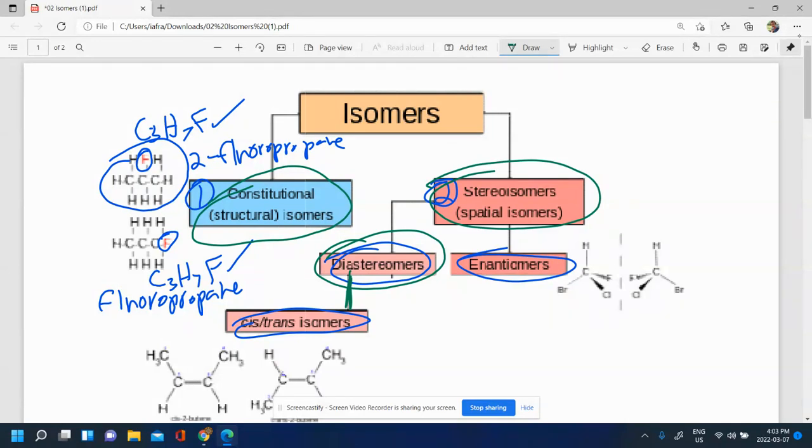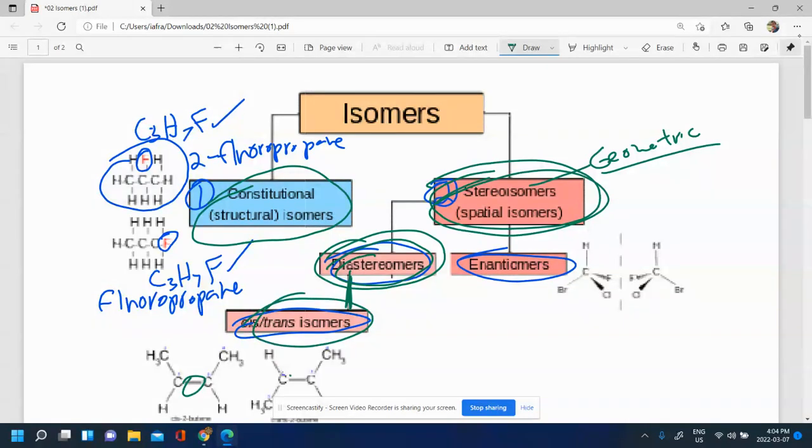We can have stereoisomers, also called geometric isomers, where you have the same bonding sequence, but different 3D arrangement. And that could be a diastereomer, which is a cis or trans about a double bond, or an enantiomer, which is the mirror image molecules as long as you have a chiral carbon with 4 different